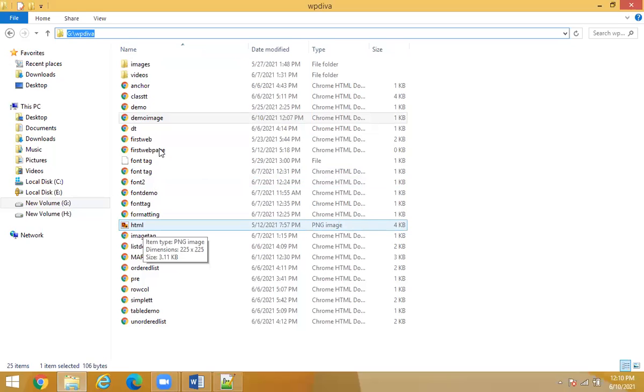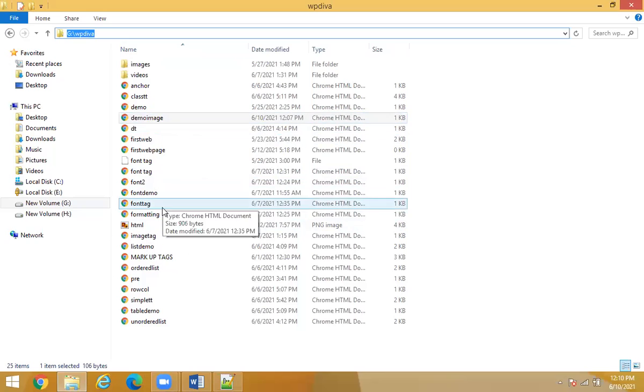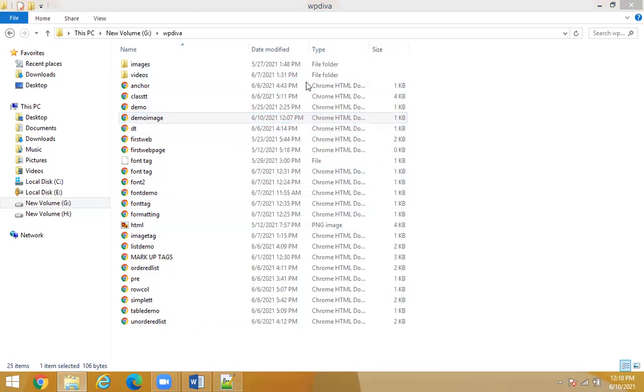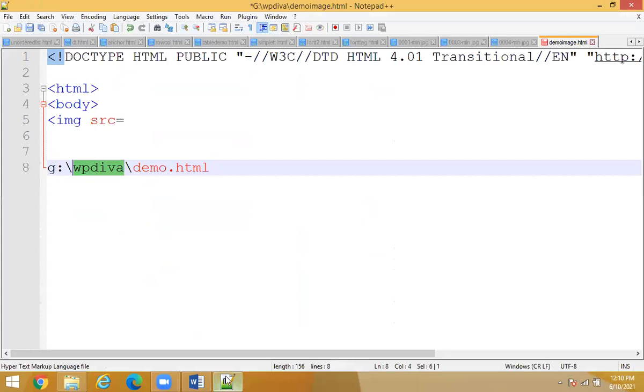This image and my file are both under the same folder. Demo image is under WP division A, and the HTML image is also under WP division A. So when both our file and image are under the same folder, there is no need to give the path.